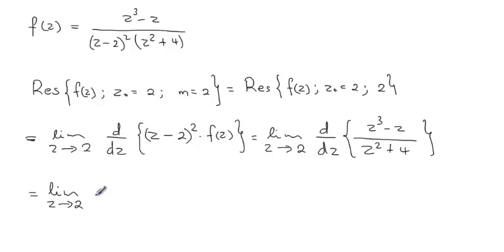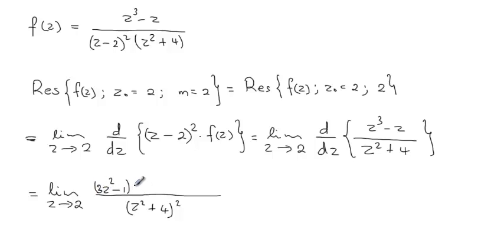In this case, we write the derivative of this expression applying the quotient rule. We say z squared plus 4 squared, that is in the denominator. For the numerator, we differentiate the numerator, we get 3z squared minus 1